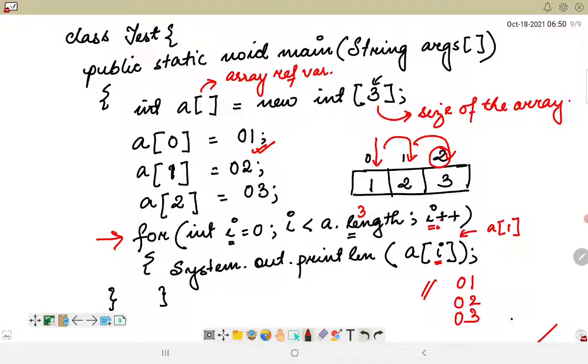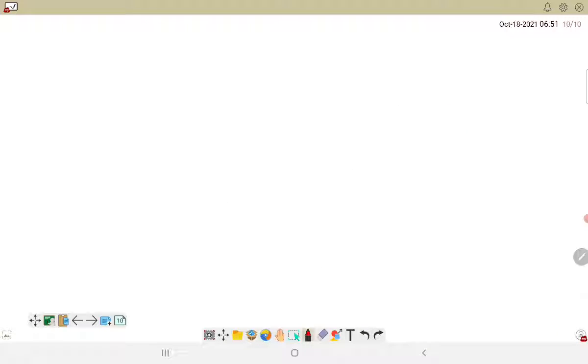So likewise it will go on checking for the values of the index positions which are less than the length of the array. So this is how a very simple program using an array can be done. Now, talking about declaration, instantiation and initialization of an array, we do not need to write multiple lines for initializing the array. We can simply use another syntax.